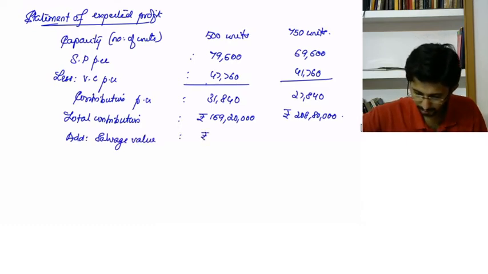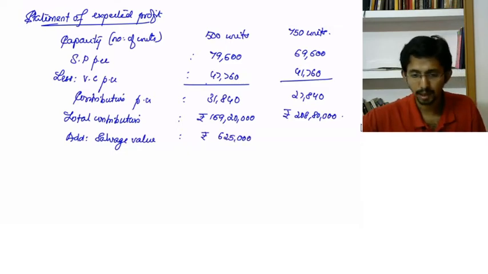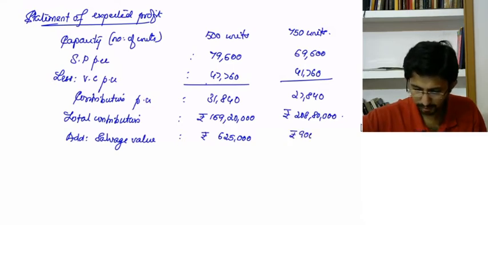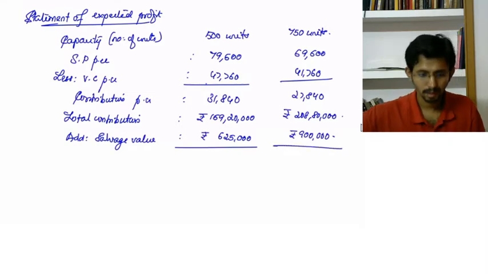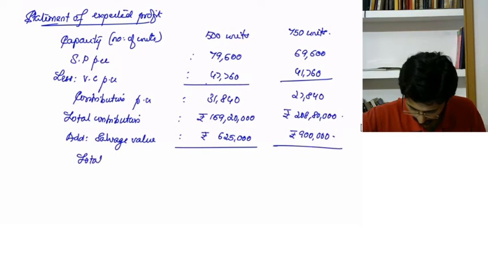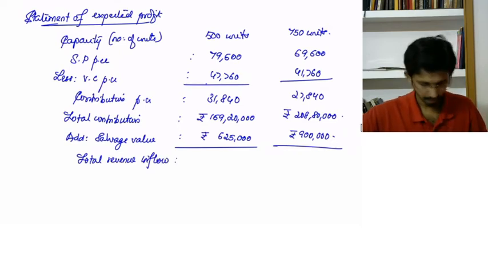Here it will be 6,25,000 and here it will be 9 lakh. Okay, that is the salvage value. So total revenue inflow will be